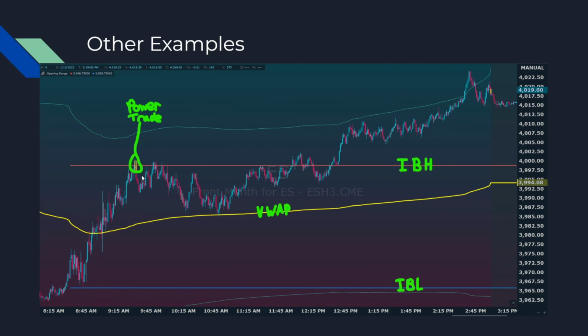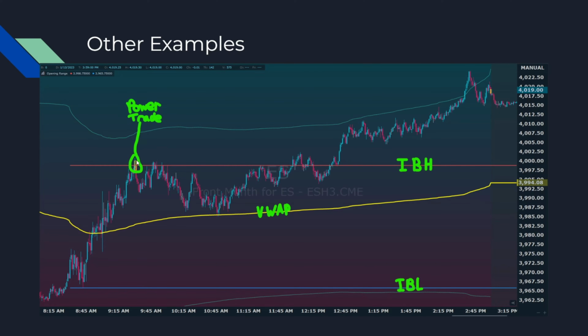Initial balance high wicks up a little bit. Price moves away, and then we get this little bit of a retest here. And this is where we would make our decision using our tools, like, hey, does delta look really strong? Does delta look weak? Do we get a delta flip? What's time and sales doing? And this is where we make our decision whether or not we're going to short this power trade,